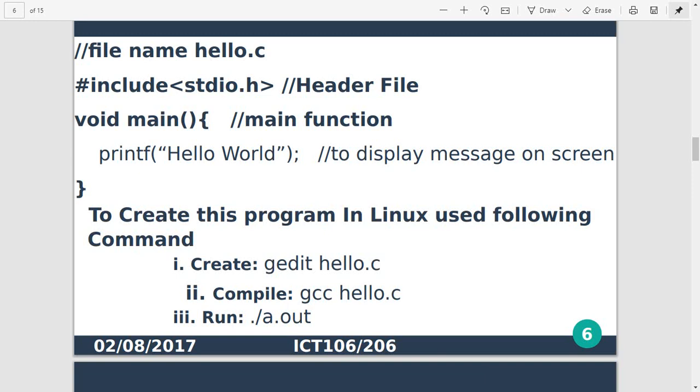Here I wrote hello world because I want to display hello world on my screen. If you want to display I am Aditya, I am boy, I am girl, you can write whatever message in that printf block.